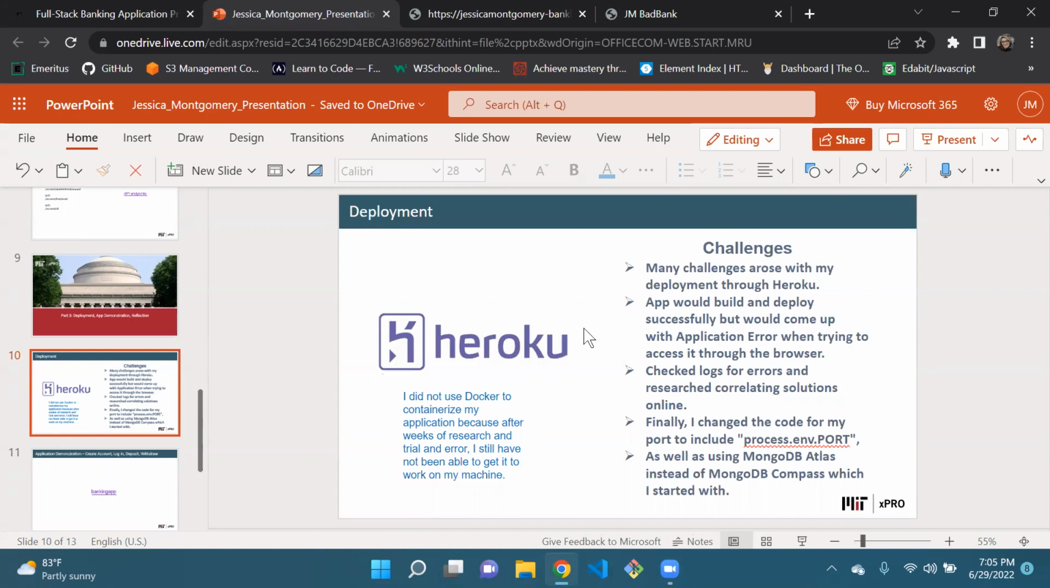It would build and deploy successfully, or at least Heroku said it would. But then when I tried to access it through the browser, it would come up with an application error and told me to check the logs to figure out what's going on. So after I checked the logs, I researched the errors and tried to look for the corresponding solutions online. And through a lot of trial and error,